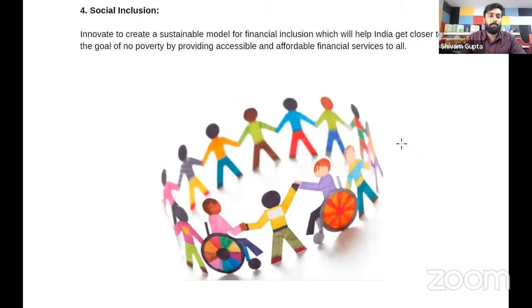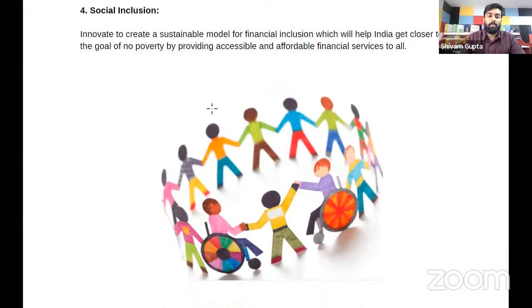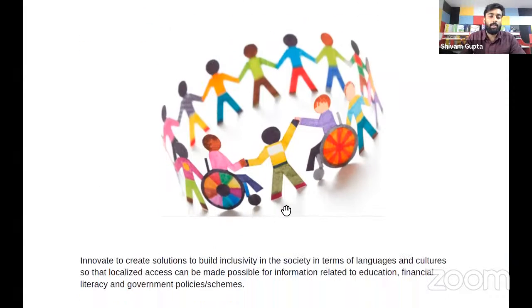So here you need to innovate to create a sustainable model. You need to think of some financial idea, like an innovative idea where you can provide some affordable financial services. Education is there, right? There are several things. And if you just scroll down, you can see